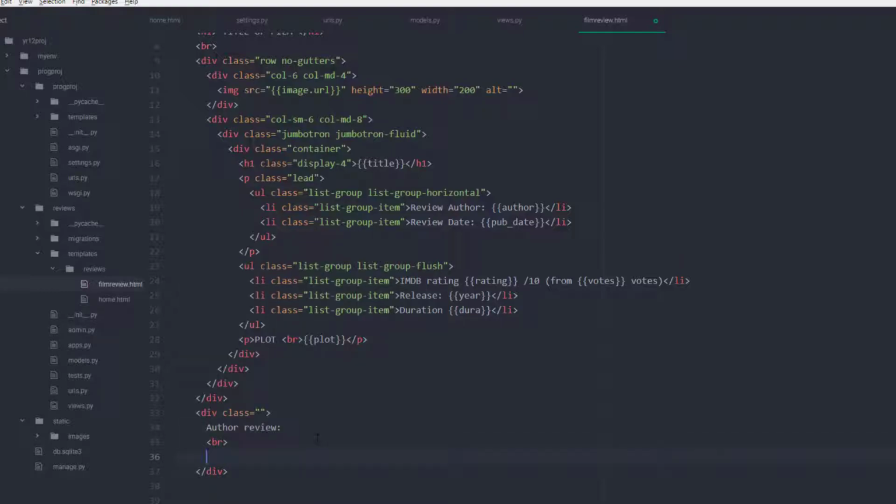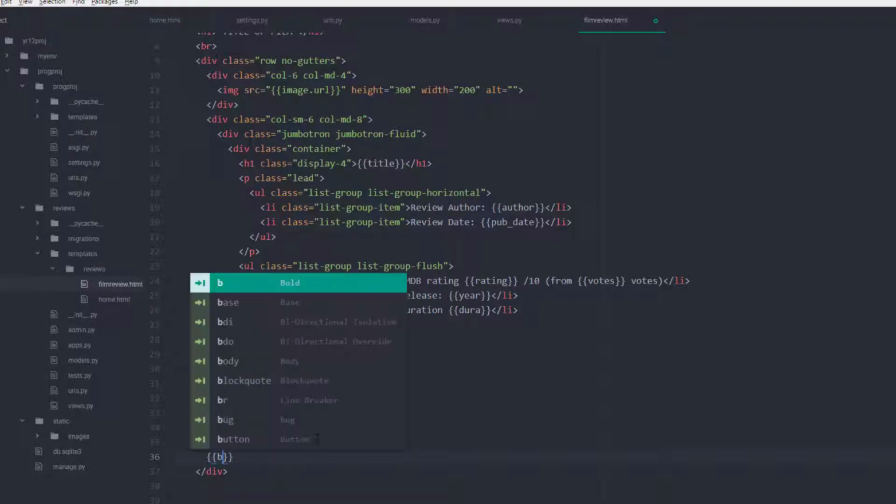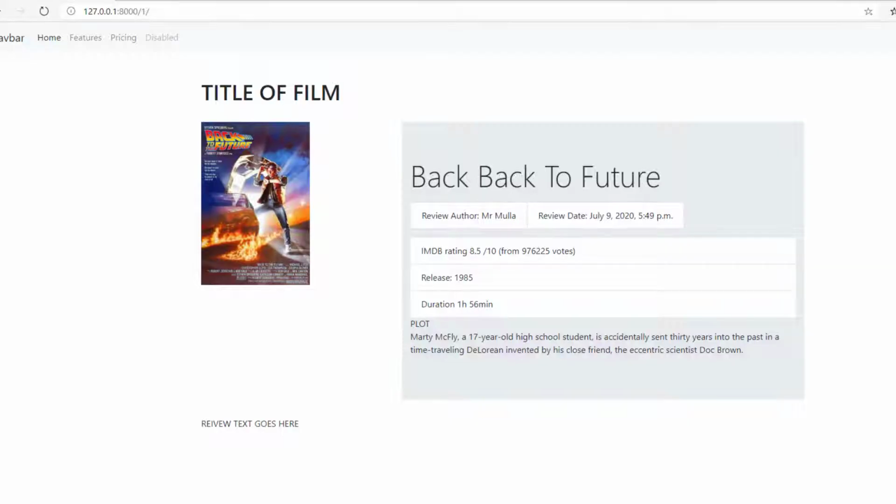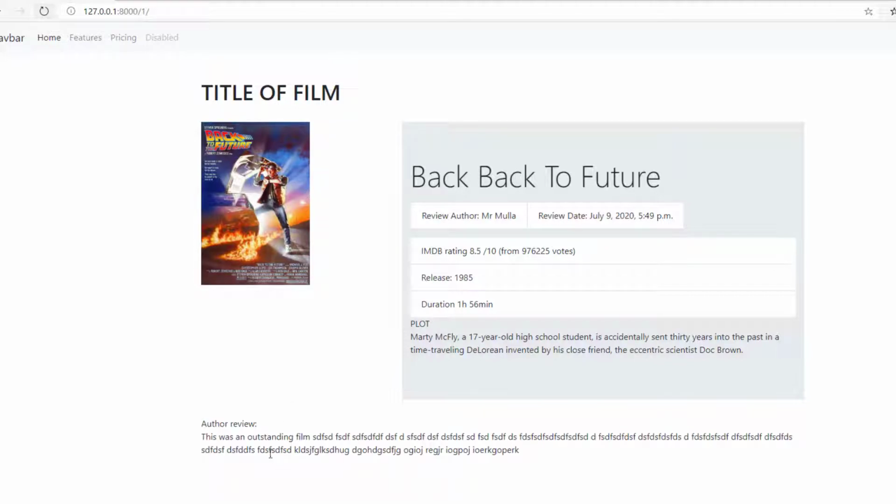Okay, and underneath that we're going to say, was it body? I believe it was body. Let's save that. Let's open it back up and then refresh, and it's done it. Okay, so I've now got my review for Back to the Future. That looks fine. So I suppose the next thing I've got to do is I've got to be able to,